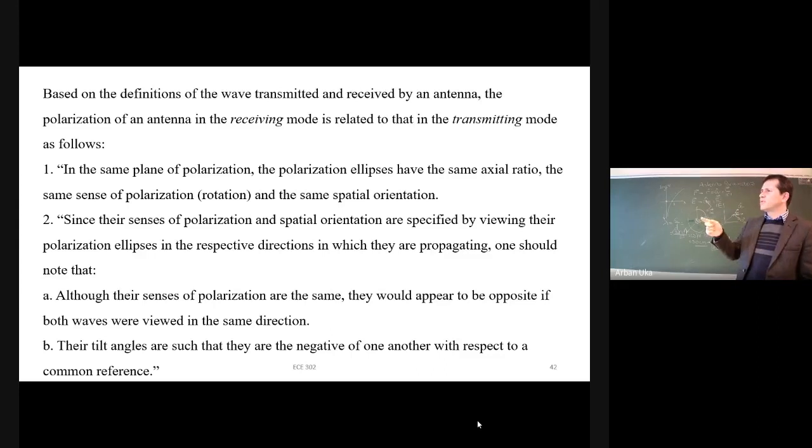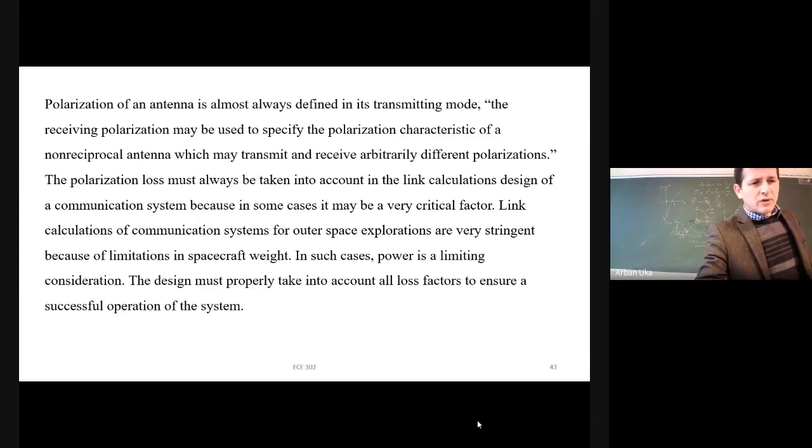The angles that I measure for the polarization of the wave will be with a negative sign with respect to some z-axis. So if we are communicating together, I have a z-axis, I measure a specific angle theta, you measure the negative of that. Now, most commonly, the polarization of an antenna is defined in the transmitting mode. So we are assuming that we calculate the angles with respect to some reference, only assuming that it is in transmitting mode and not in receiving mode.